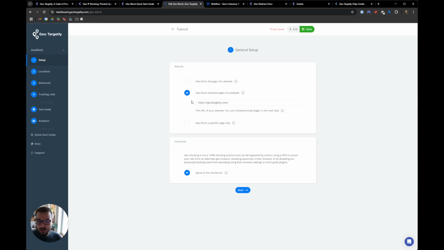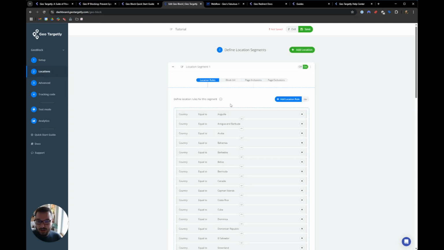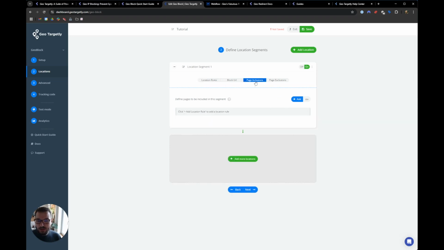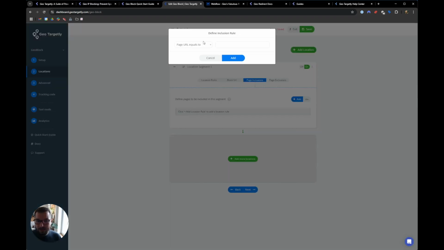Alternatively, if you switch over here, you can select the pages that you want the GeoBlock to run on by using the page inclusions over here. So I can define that the URL is equal to, so that would be just a single page, and I can use multiple of those, basically define multiple rules, or I can say the URL contains, so every page either starting with something or containing something, or if a query contains something, query meaning at the end of your URL, if you add a question mark with a parameter, that's the query, or a hash, that's just a hash sign